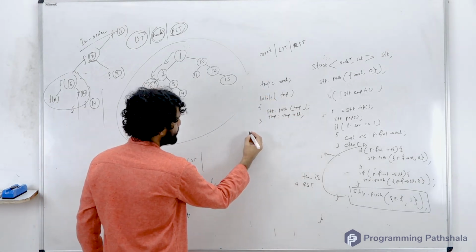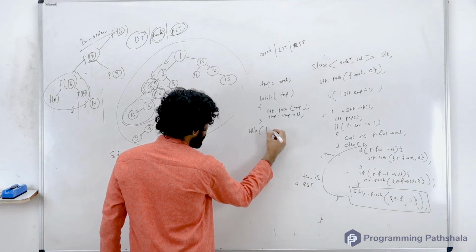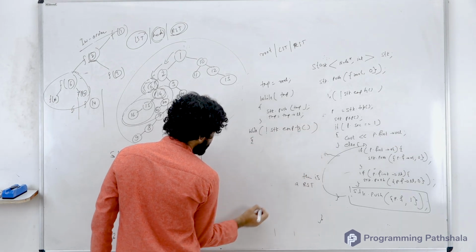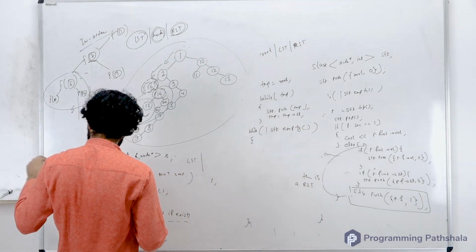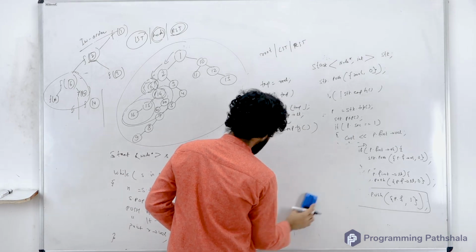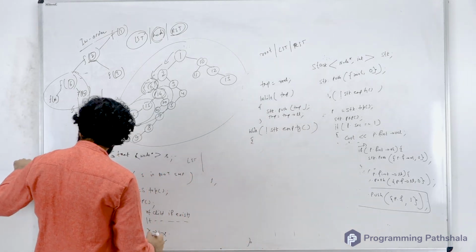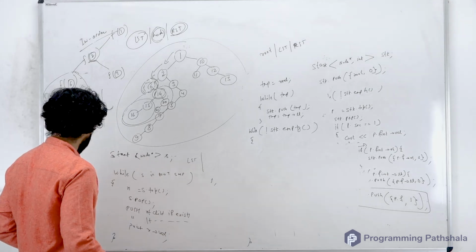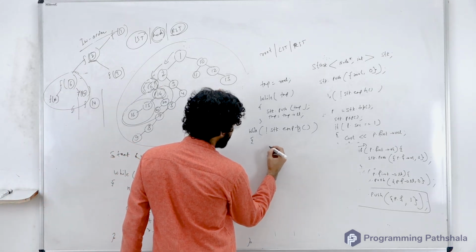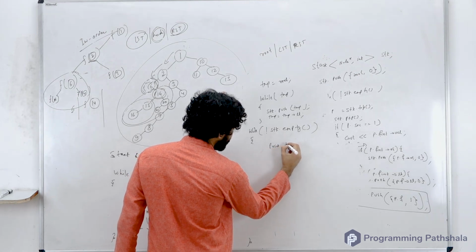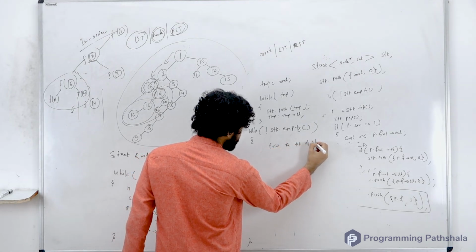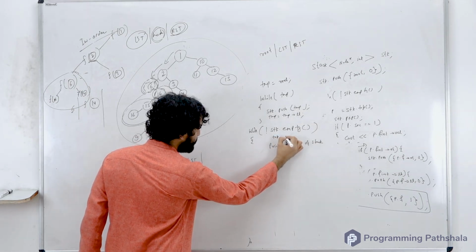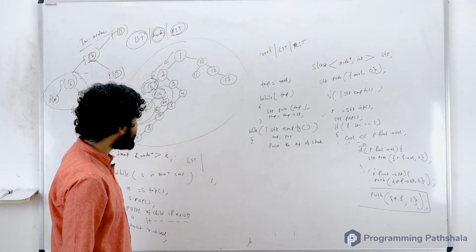Now you can have your logic run. So while not of stack dot empty, till that time you have to do a few things. What are those few things that you have to do? Whatever is the top of the stack, you know, the top of the stack is the leftmost node of any subtree. So first thing that you would do is print the top of stack. First top, then pop, and then print the top of the stack, and then after it,